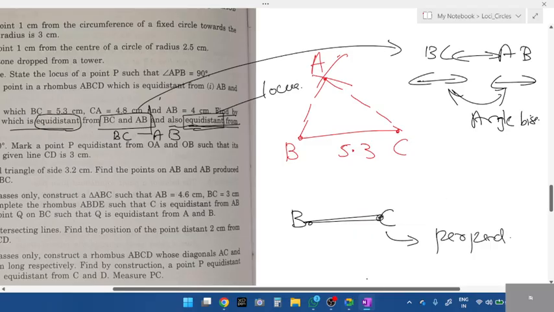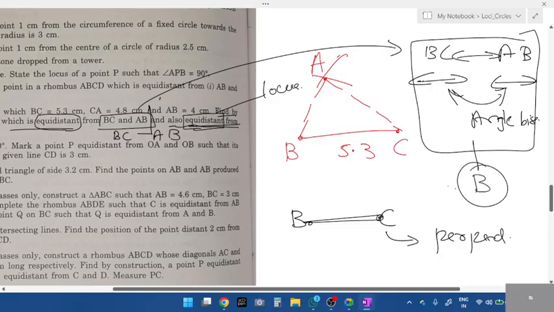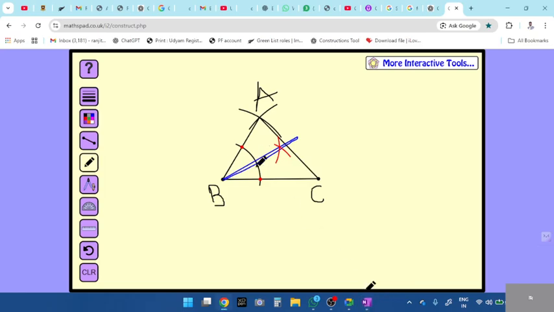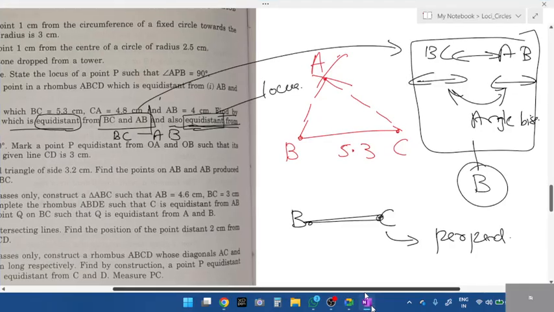We'll construct the perpendicular bisector. When two lines or two angles are given like this, the common alphabet is B, students. So start the arc with B. That is what we did. We need to start the arc with B. Angle bisector is done. Next, we need to target